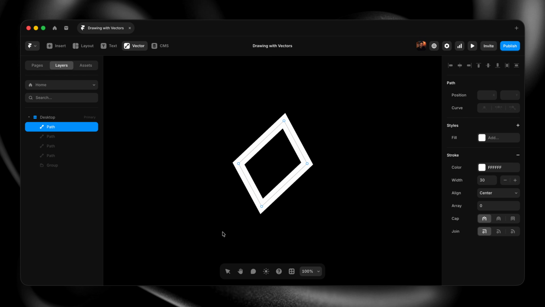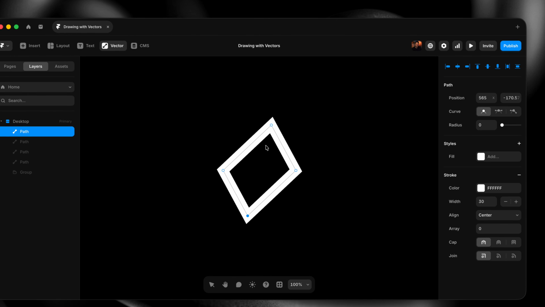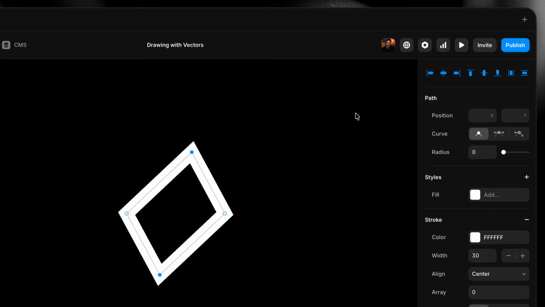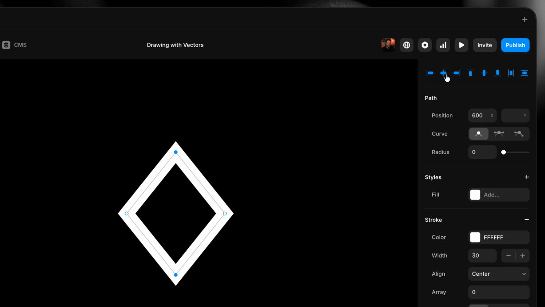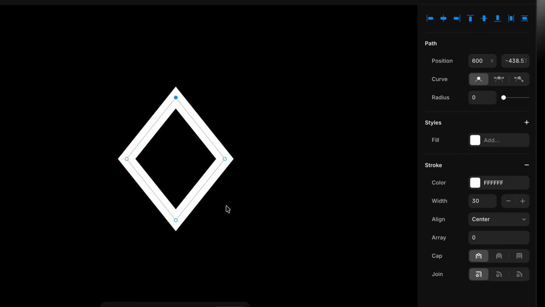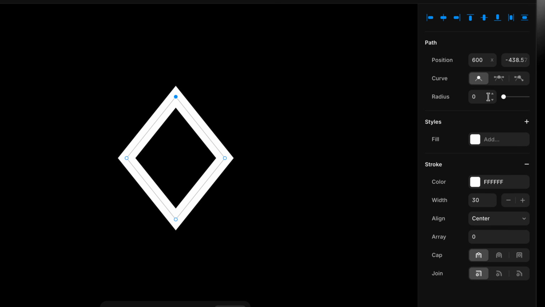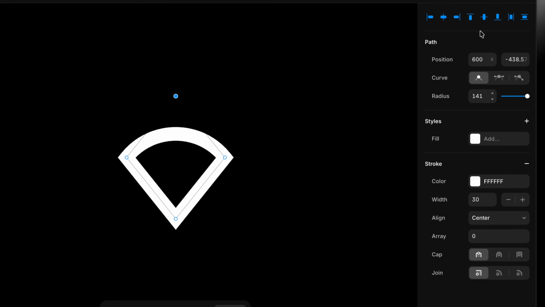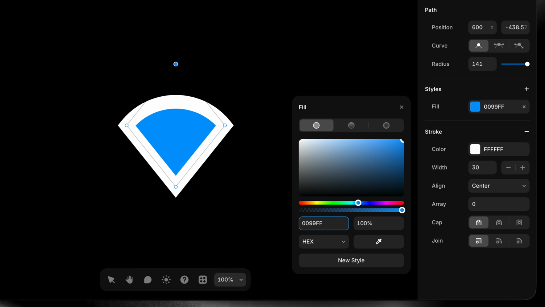With multiple points selected, we can also use Align and Distribute to keep everything perfectly lined up or evenly spaced. And if we have a pair of straight path segments, the ability to round the anchor points between them will appear in the Properties panel. Finally, like most things in Framer, we have style options that allow us to control the color, add shadows, and